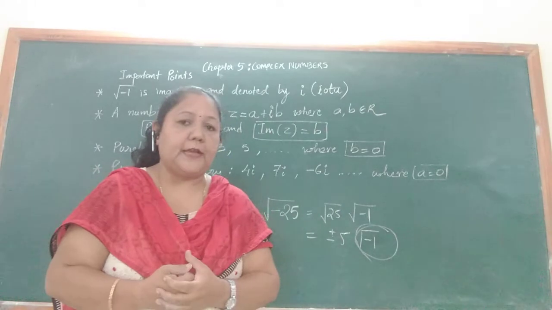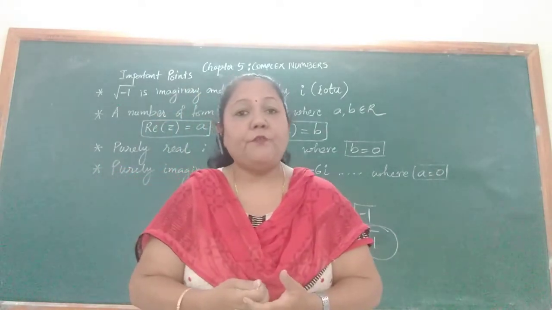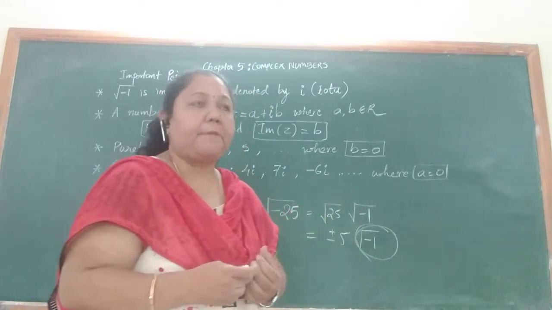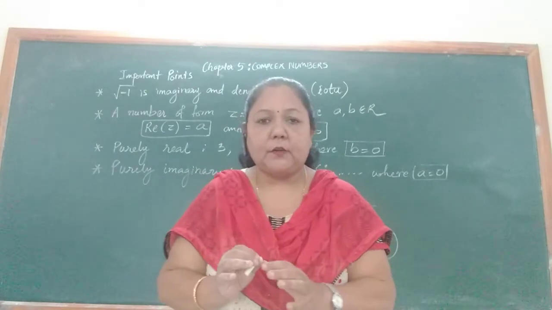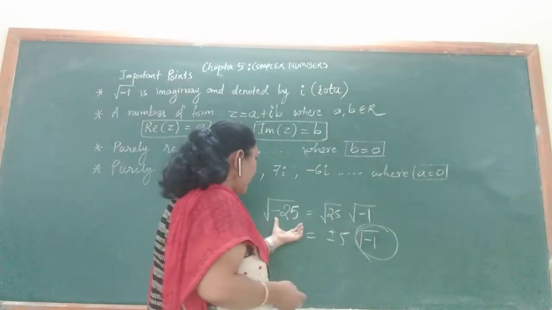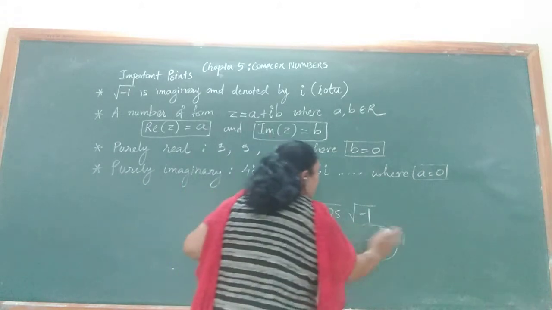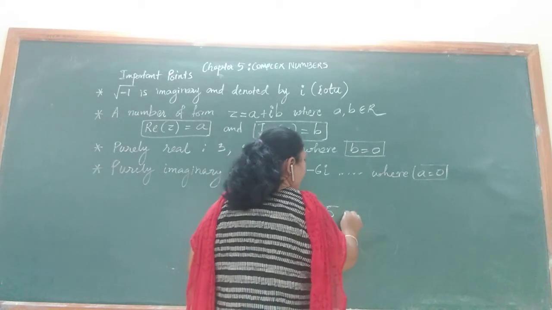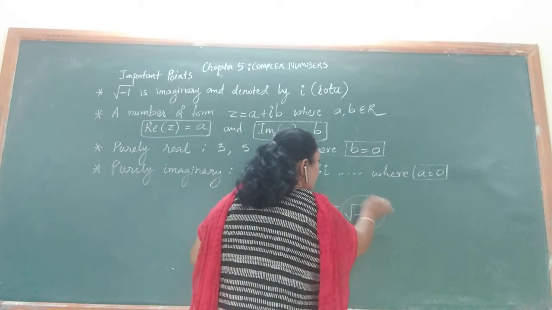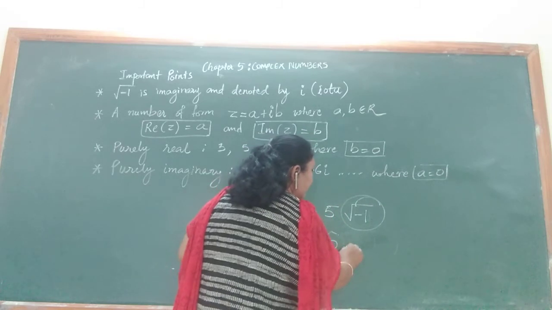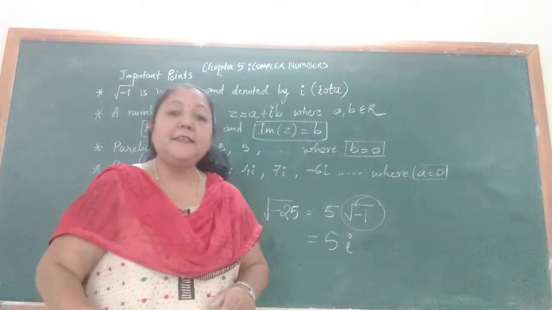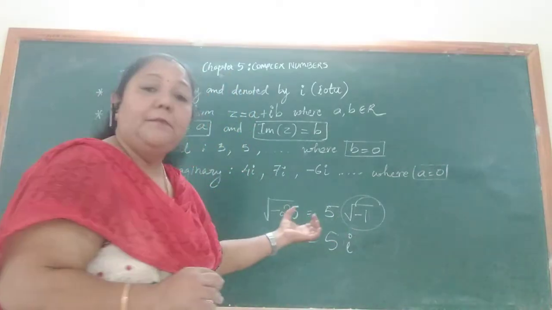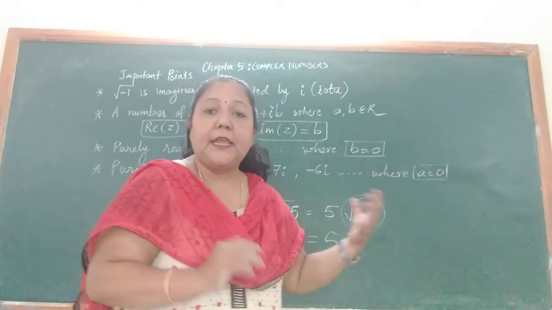Now how would we do that? And that gives rise to the topic of complex numbers. Now what do we do in complex numbers? So for that particular number, minus of root 25, I can write this as, suppose this root 25, I write it as 5, and this under root of minus 1, I symbolize it with i. I call under root of minus 1 as the number i. That is an imaginary number.